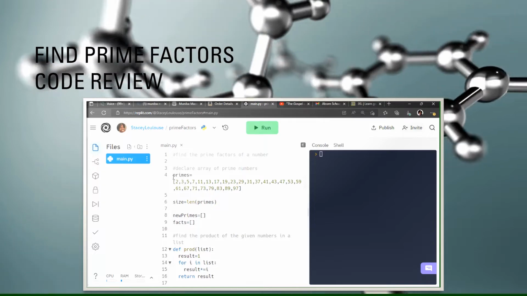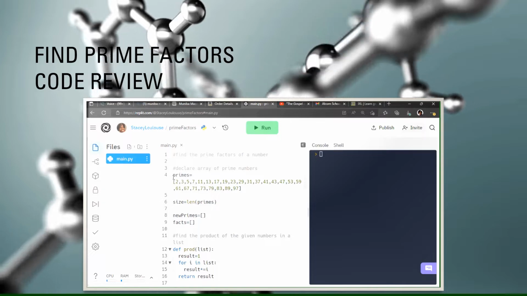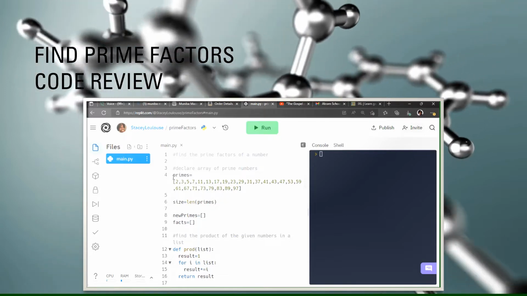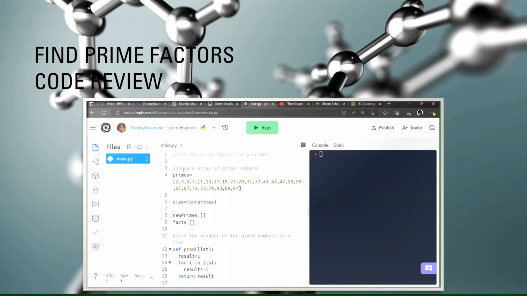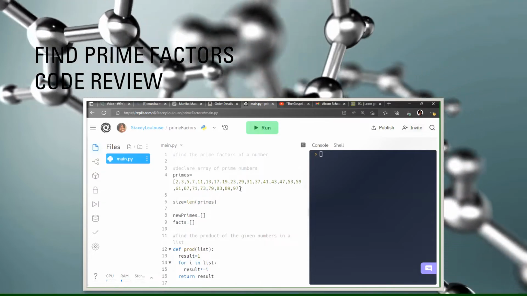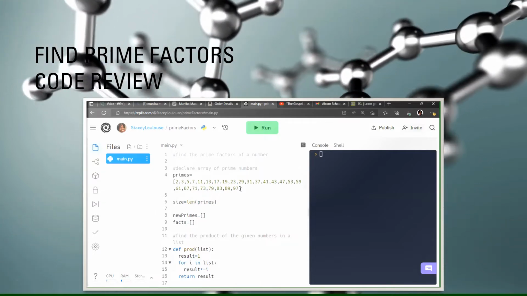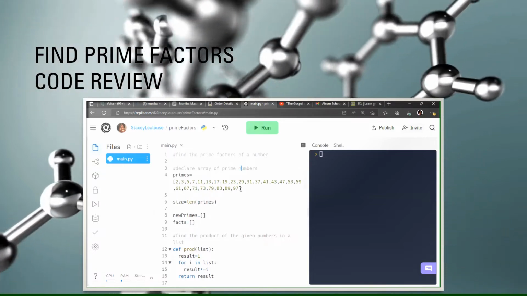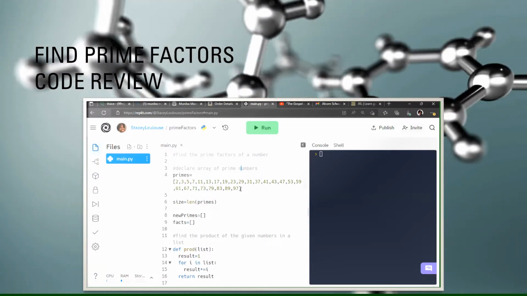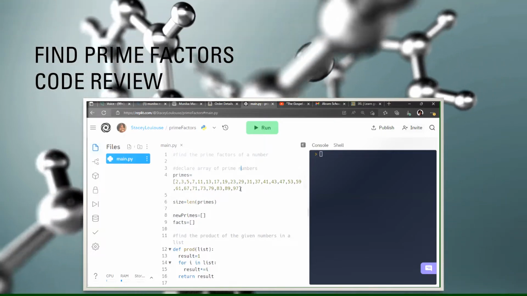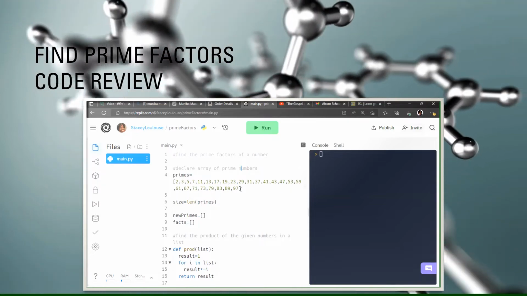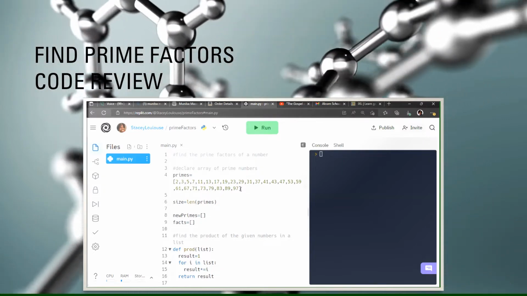Okay. And line 4 is the very first variable that we are going to declare, or set up. Basically it says this variable is called primes, and it's equal to this list of numbers, 2, 3, 5, 7, 11, 13, and so on. They're all prime numbers. The reason why we declare this variable is so that we have something to go by. It does limit us to what types of numbers we can put in to find the primes of, right? Because if we only have up to 97, then we can only do numbers that comprise combinations of 97 or less,